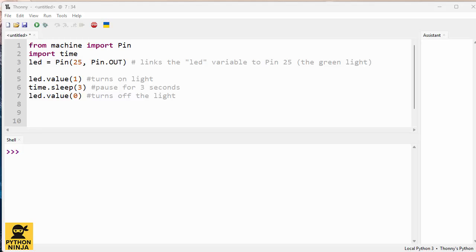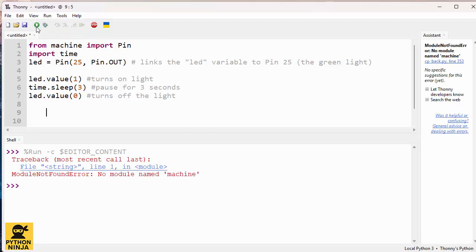So where might you use a for loop? Well, in our Pi Club, where we are using a Pico with MicroPython, one of the first things that you're asked to do is to make the onboard LED light up. So 1 means it will light up, a pause of 3 seconds, and then it will turn off the light. And if we run that, you should see,